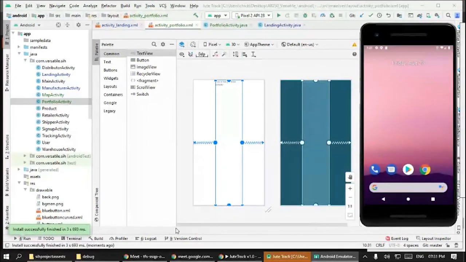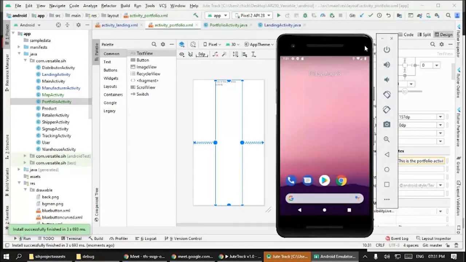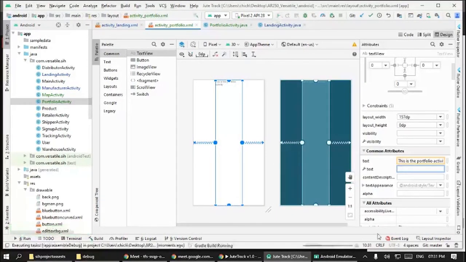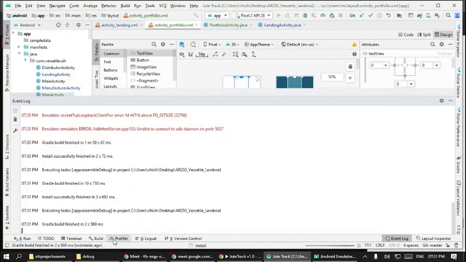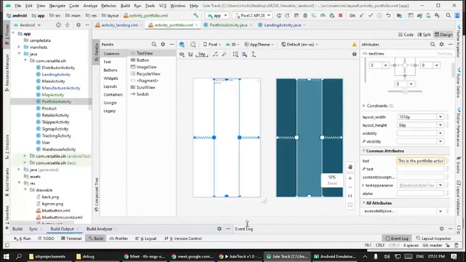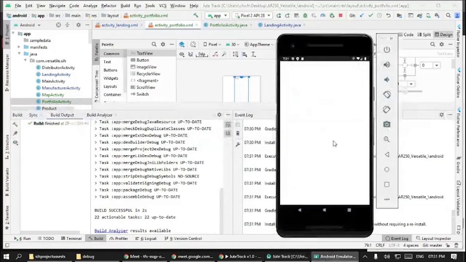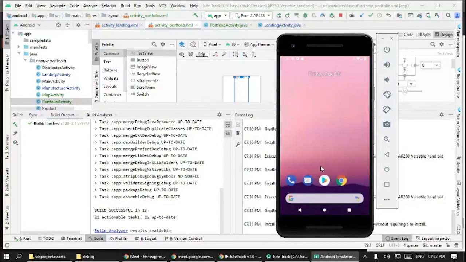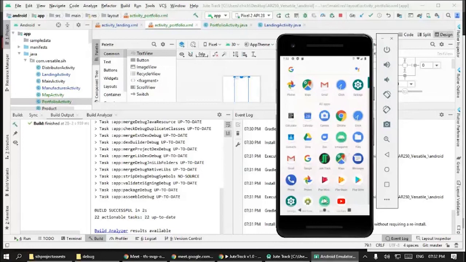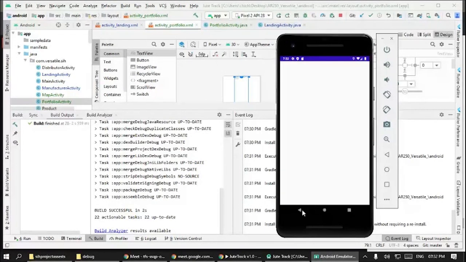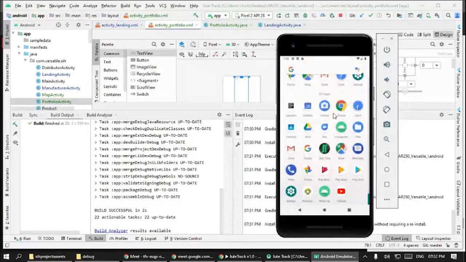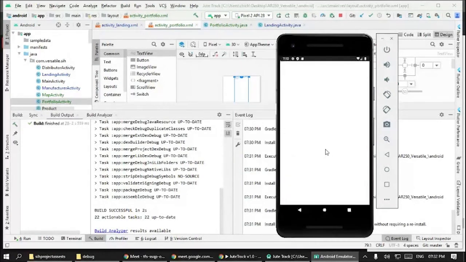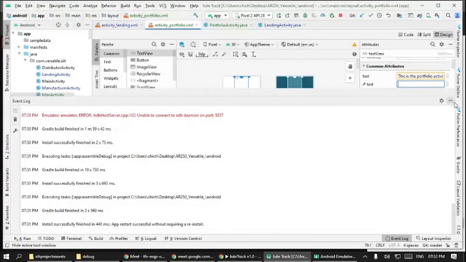Another? Was there another? Yeah, let it work. So just go back and where is my application? Where is it? No, this is not. Where is it? The track. And I click login. And this is the portfolio activity. That's what we wanted. So that's how you add a new page and head over to that.